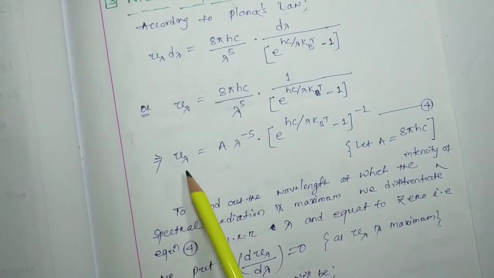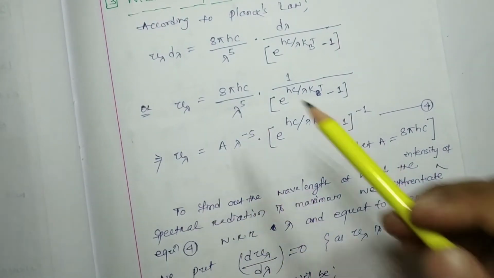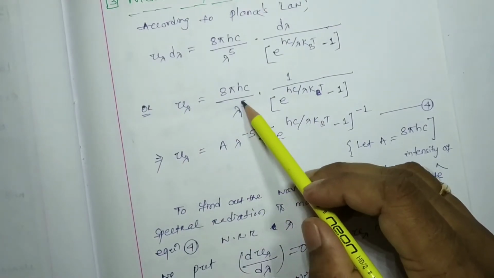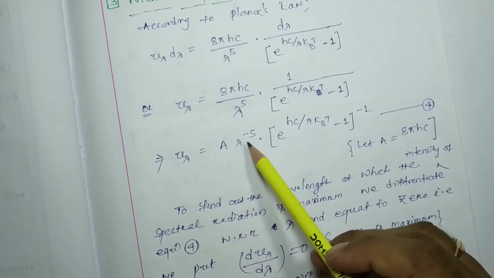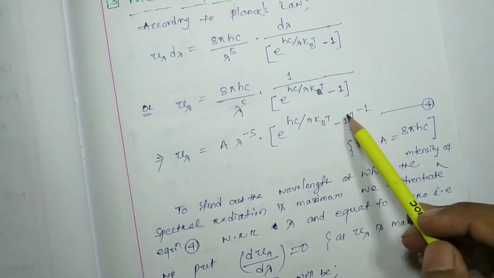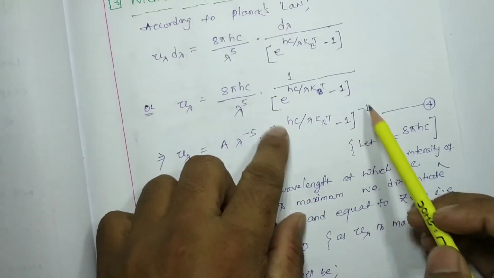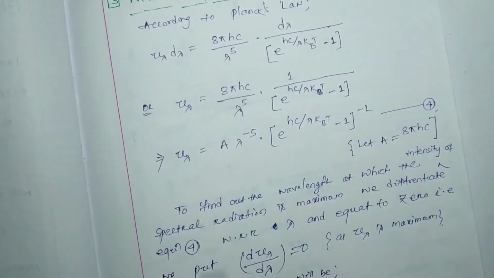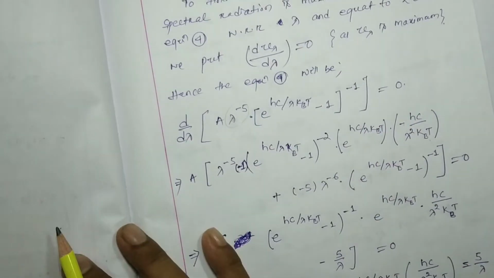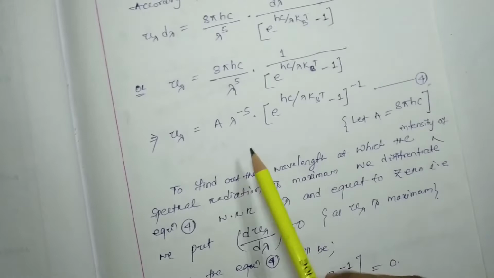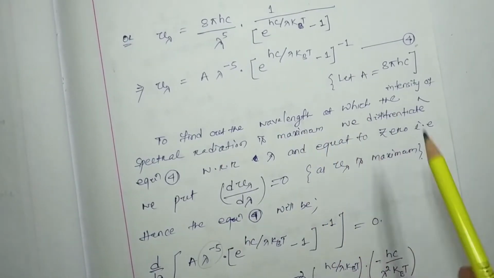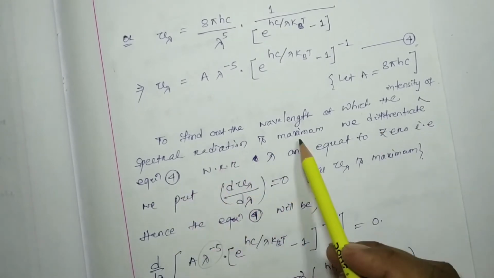So that implies u lambda can be written as 8 pi hc considered as A, here lambda to the power 5 will be moved to the numerator as lambda to the minus 5, and this can be taken to the numerator, it will be this much to the power minus 1. Let this be your equation number 4. Here, in this equation we consider 8 pi hc as A. To find out the wavelength at which the intensity of the spectral radiation is maximum, here we found the